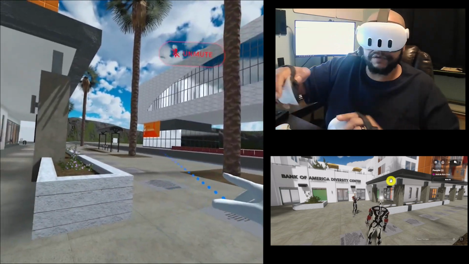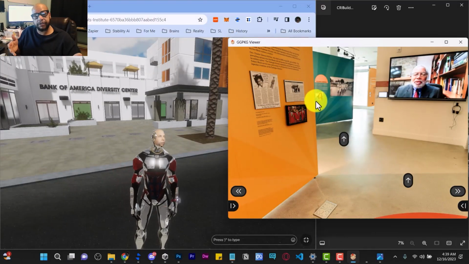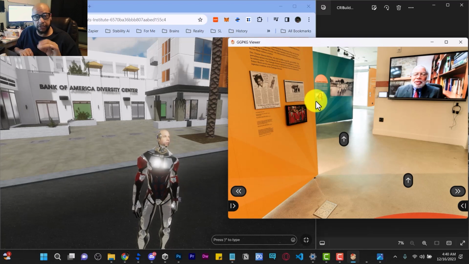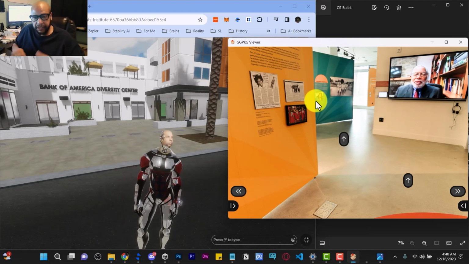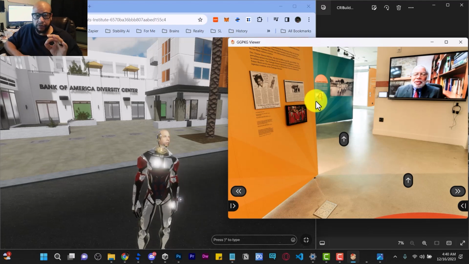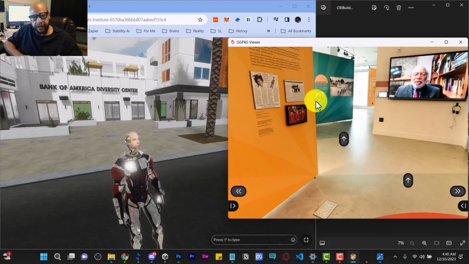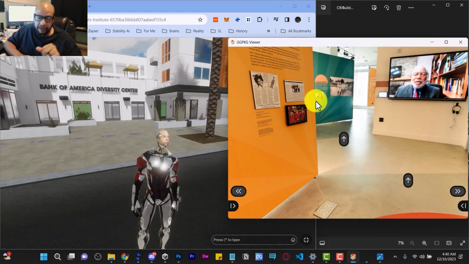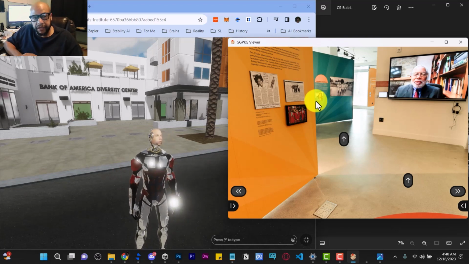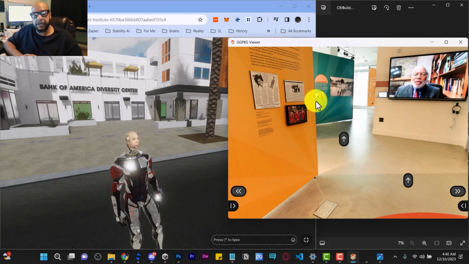So I'll go ahead and come out of here. And so that's my comparison. In my opinion, the traditional virtual tours are great. They solve the problem of needing to have an experience of the space virtually, but 3D virtual spaces, when done right, can add additional layers of value to the experience. And so when the project is suitable, it can be a really good idea to go 3D virtual world instead of